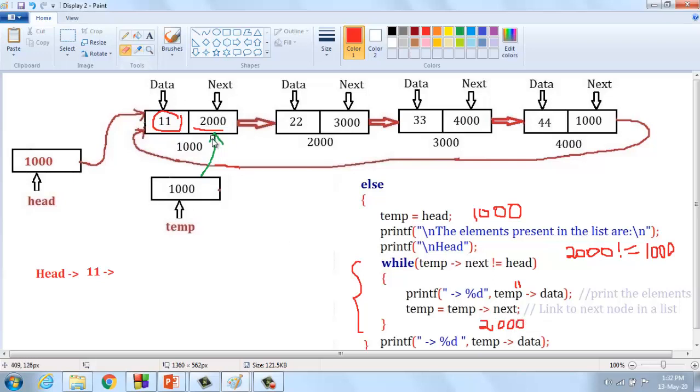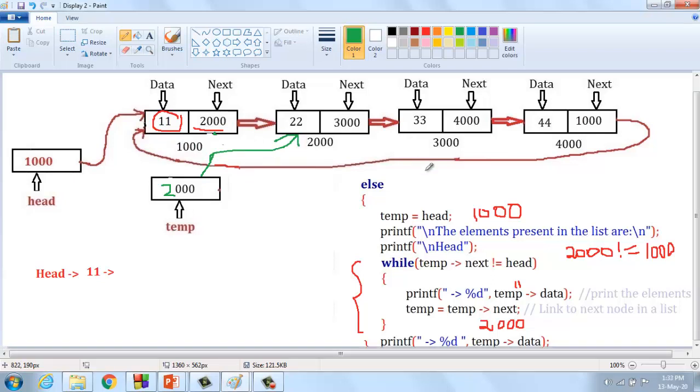This pointer is terminated and the link is made, so it should be changed into 2000. This pointer should be moved to the second node in the list.